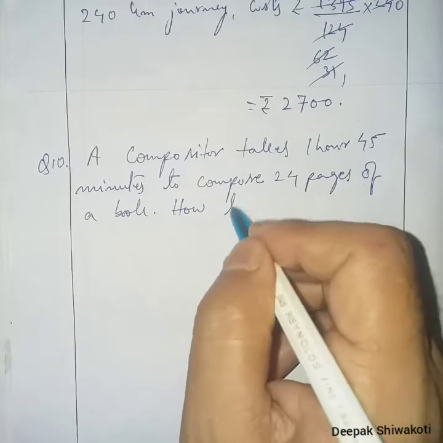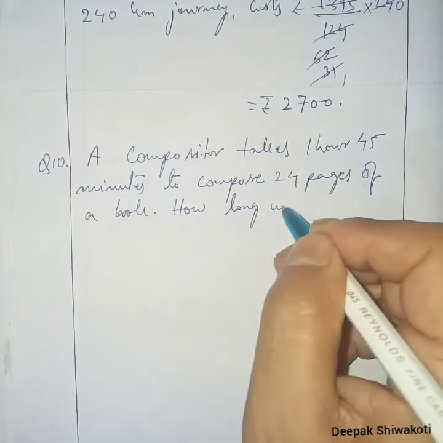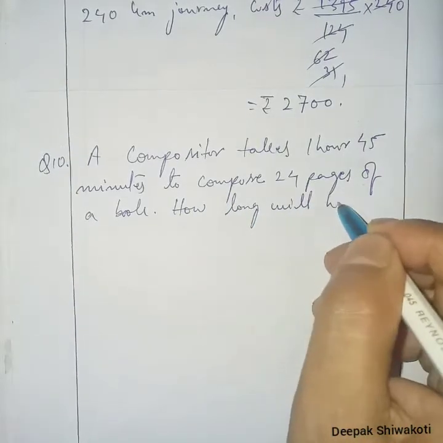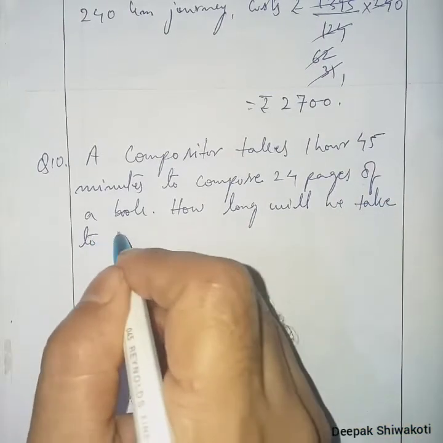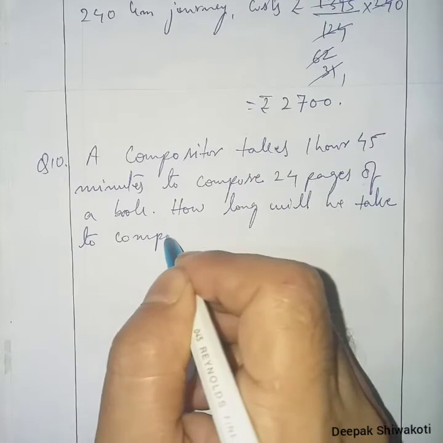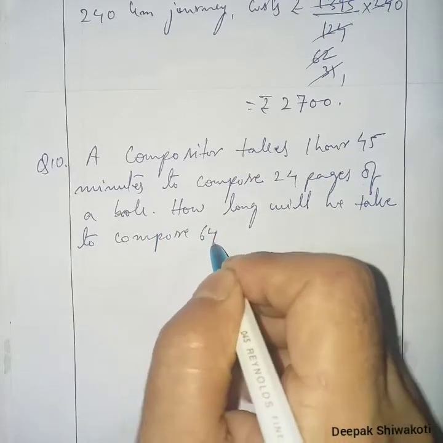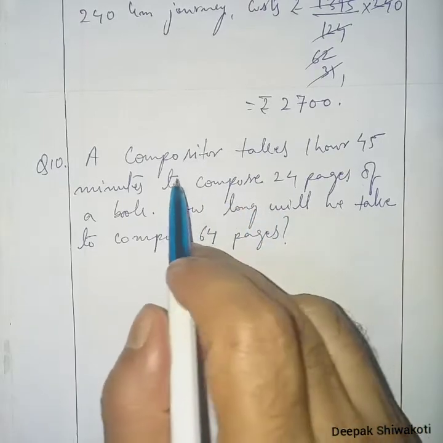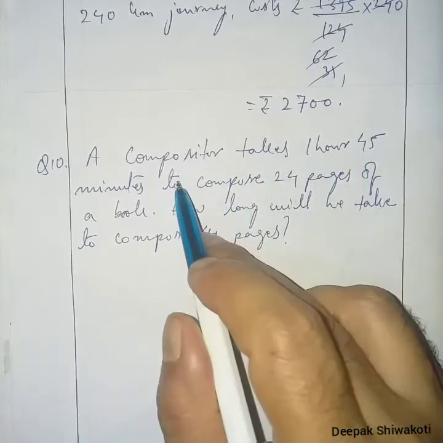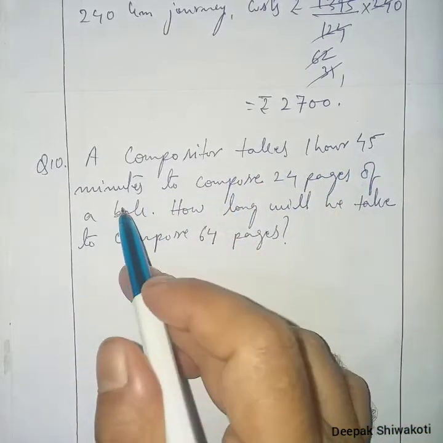How long will he take to compose 64 pages? Okay, a compositor takes 1 hour 45 minutes, so this 1 hour 45 minutes we have to change